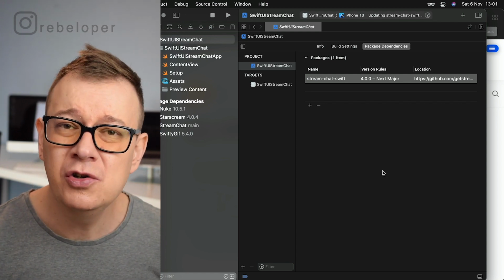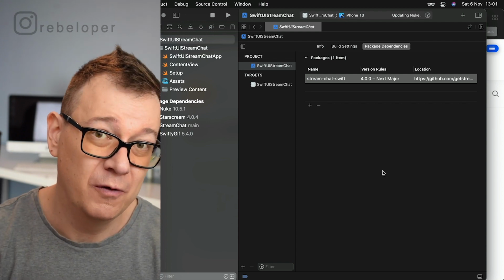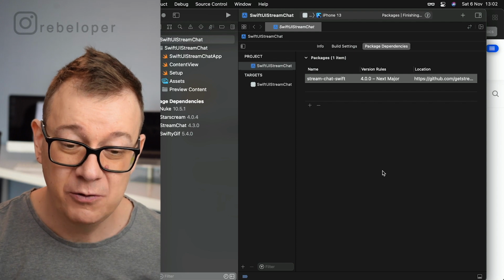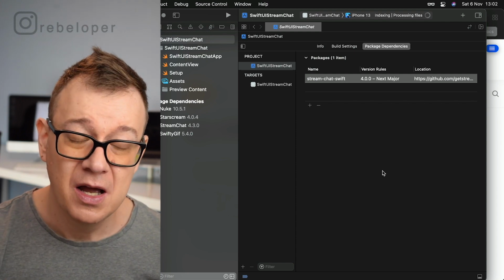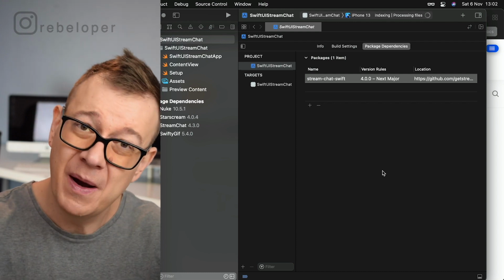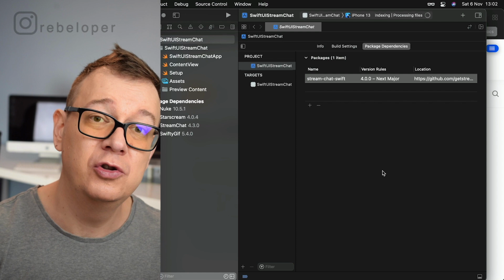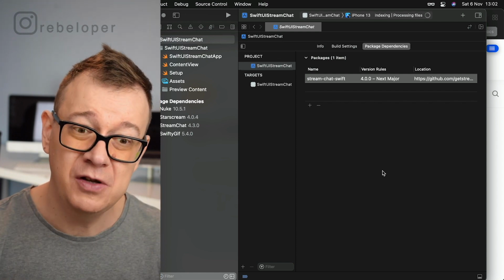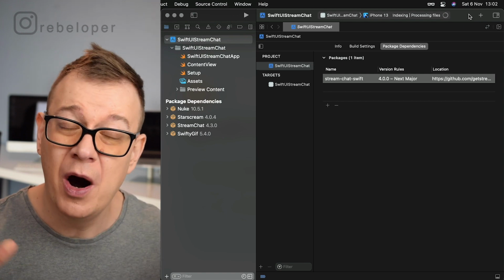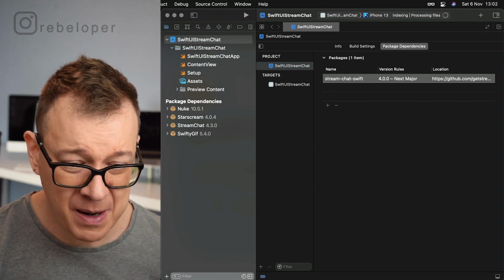What we're going to do is have a chat list, and when we tap on one of those users, then we are going to be taken into our chat. And we are going to use UIKit views for that. Go ahead and comment down below if you want to have another tutorial of how to add this in purely SwiftUI. Now we do have access to UIKit pre-built components, so that is really awesome. So let's just start building this out.